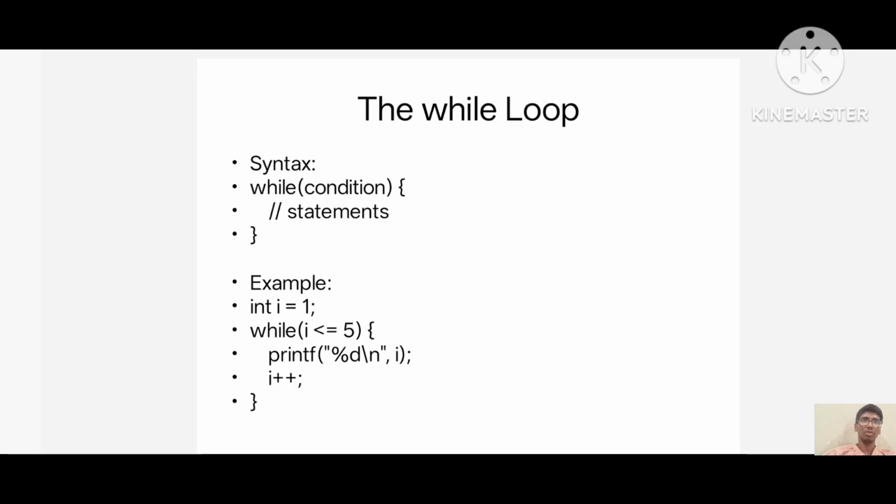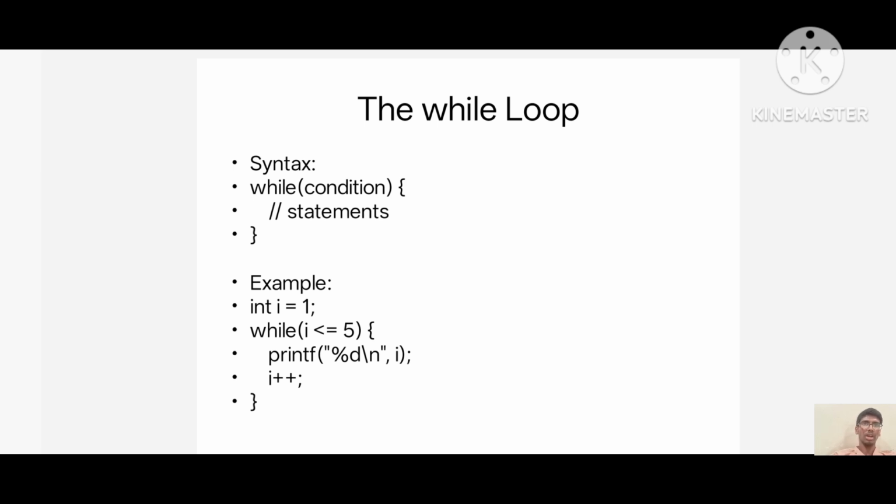The while loop is used when we don't know how many times we need to repeat the code, but we need the condition to continue. The condition is checked before iteration. The syntax of the while loop is: while (condition) { block of executable statements }